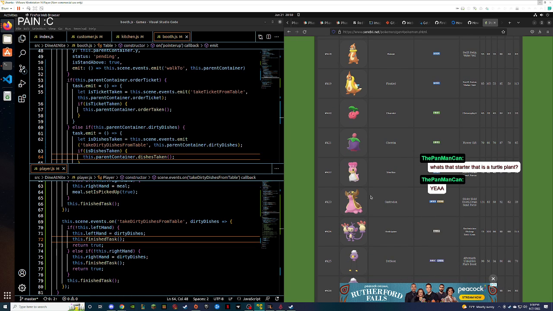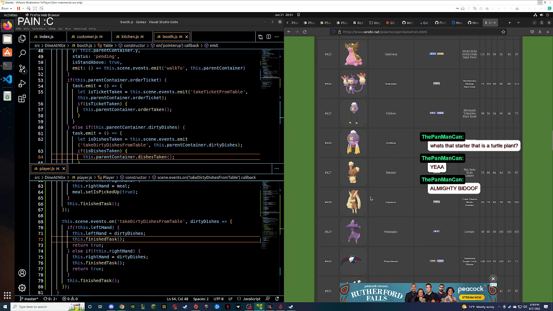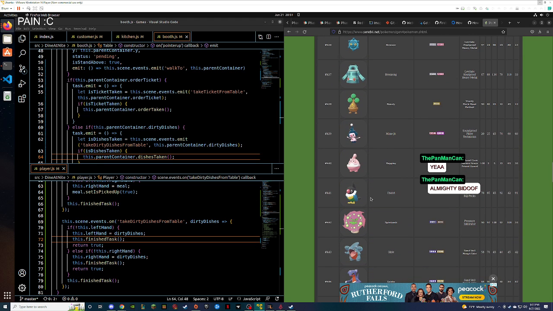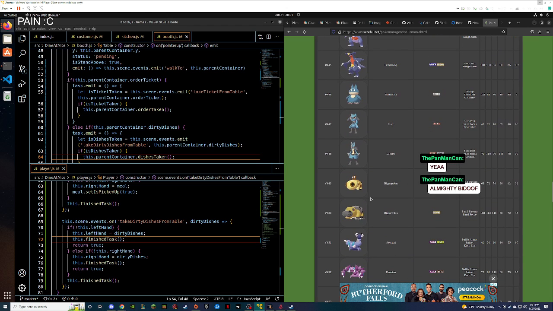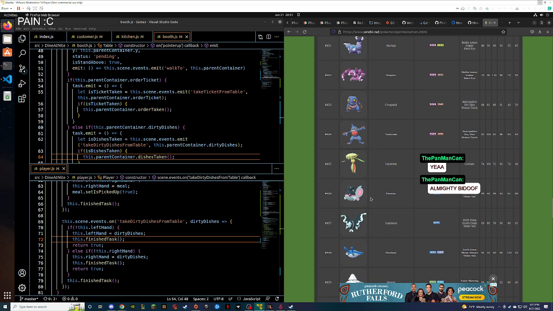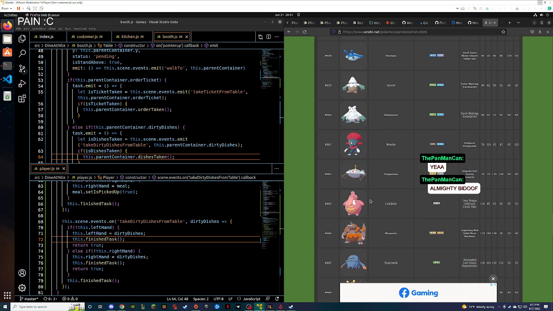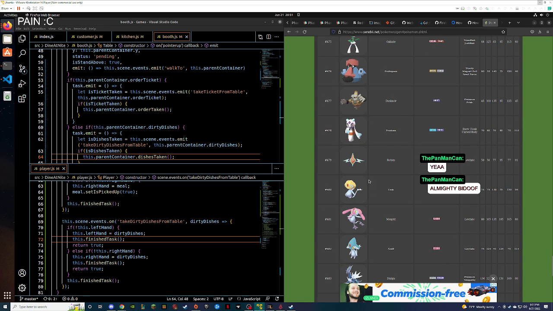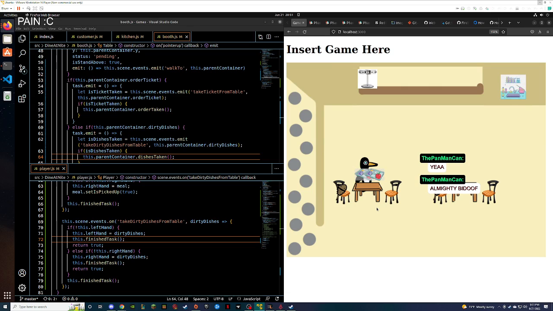Nice. Some of these are in the Arceus Pokemon game, it seems. I haven't finished that yet. I'm supposed to be finishing it at some point, but I got distracted with Elden Ring, and now I'm distracted with my game, because I love my game. I want to finish it, and we're so close to making it a playable thing. Almighty Bidoof. See, in Arceus, I named it Big Oof. You know, as one does. I know it's not super original, but that's okay.